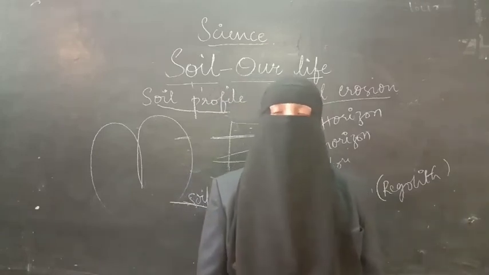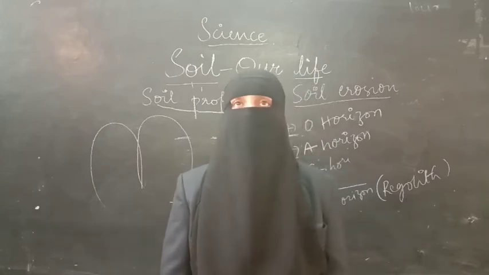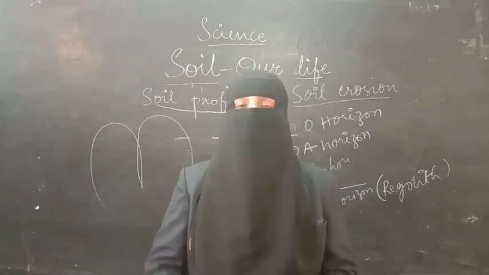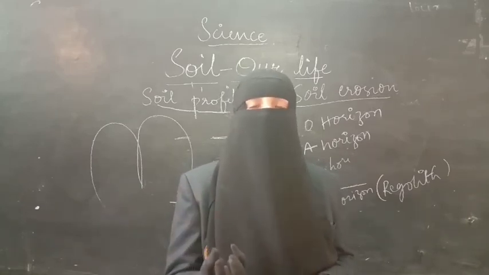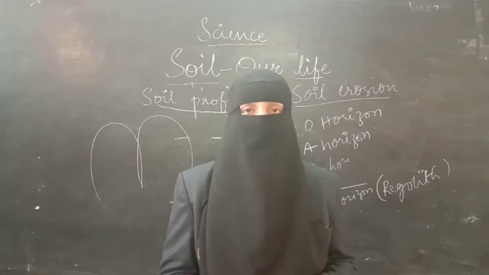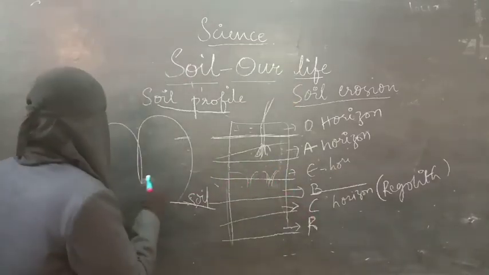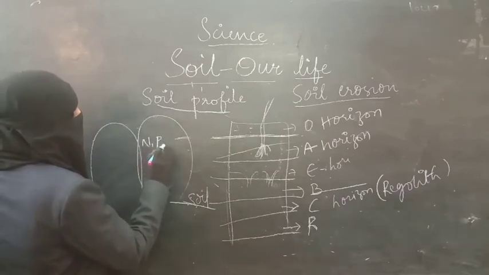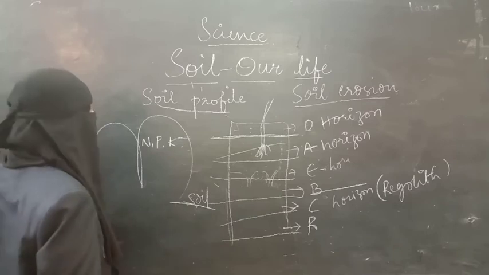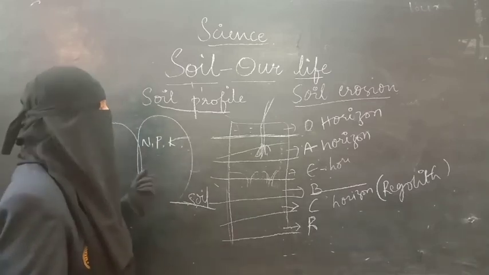This is how soil conservation is very, very important. And along with soil conservation, crop rotation is also important for the farmers. For example, if they keep growing the same kind of crop, what will happen? The micronutrients present in the soil will decrease. What are the three nutrients? That is nitrogen, phosphorus, potassium. These are the nutrients required by the soil.